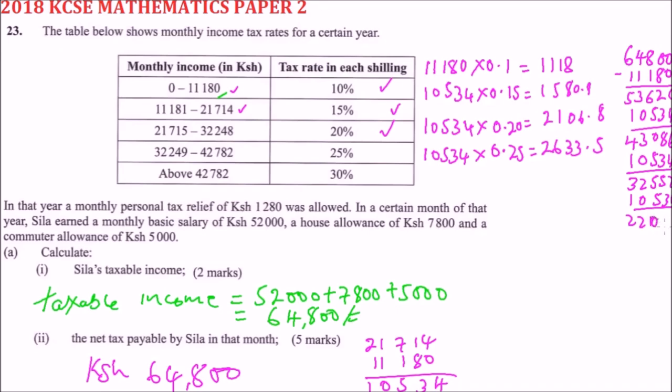22,180. We are told that above that amount the rate was 30%. So you say 22,080, you multiply by 30%, and that will give you 6,605.5. So once we have done that, we are going to total the tax amount and then we calculate the tax paid. Using your calculator, you total this, you should get